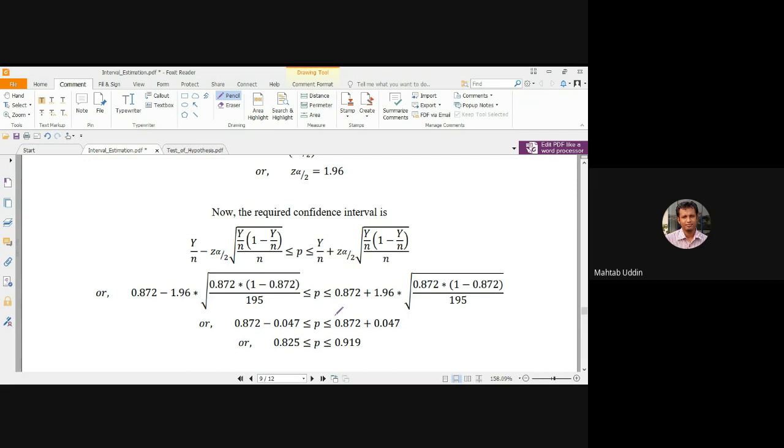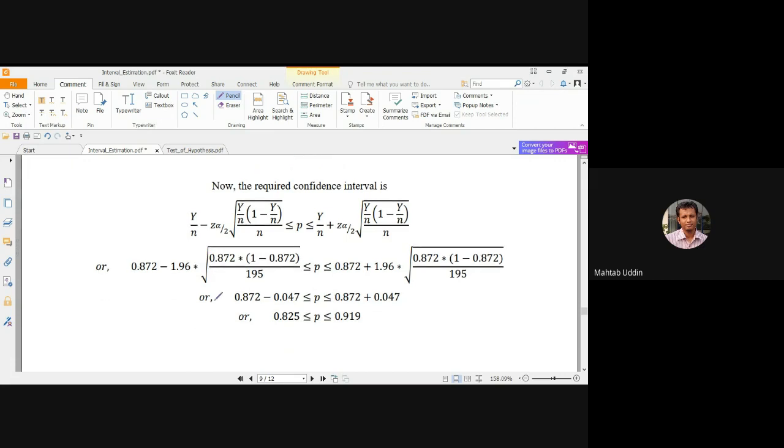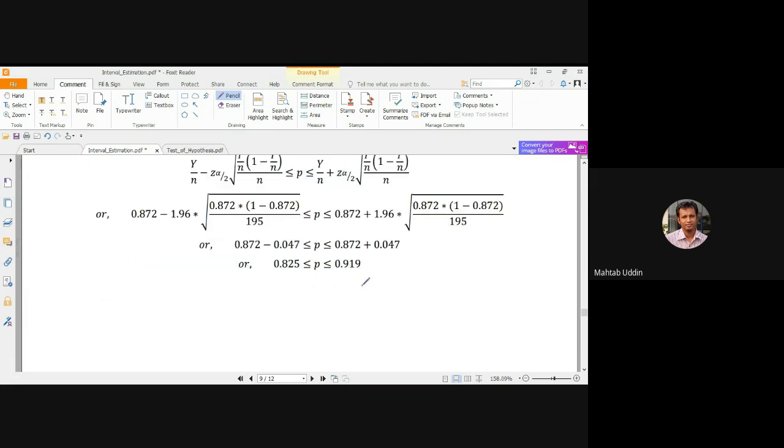What is given here? দেখো তো কি বলা আছে? Abir: Yes sir. After putting all information, we got y by n is 0.872 and n is 195, z alpha by 2 is 1.96. Putting everything, we got finally